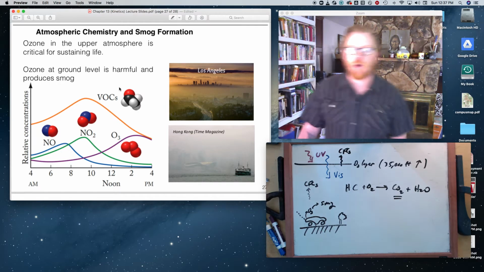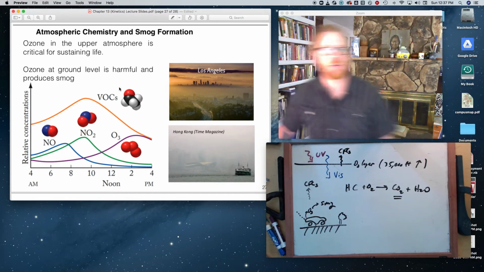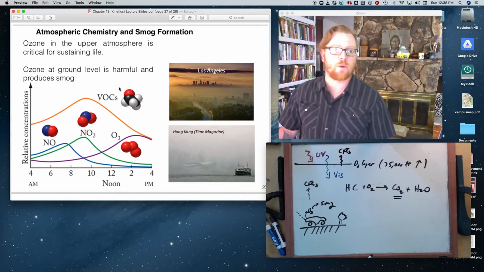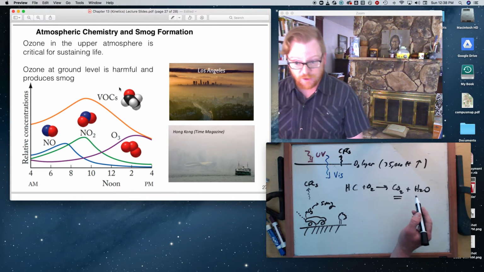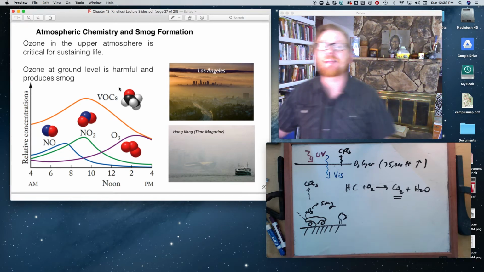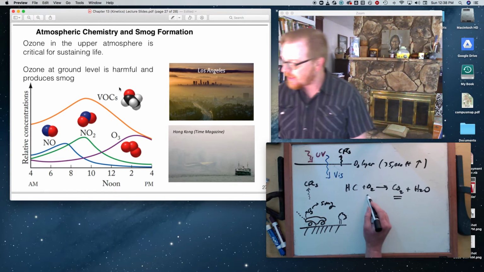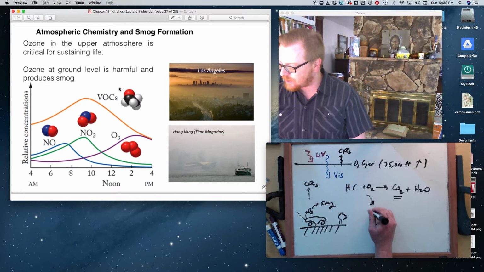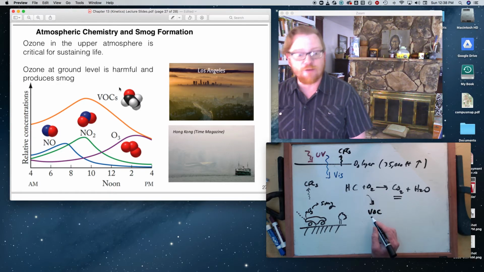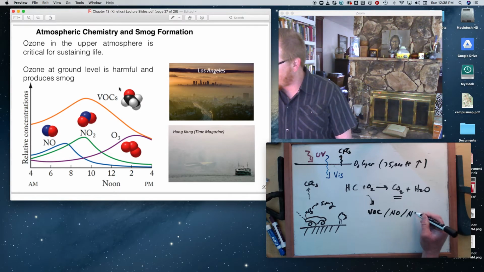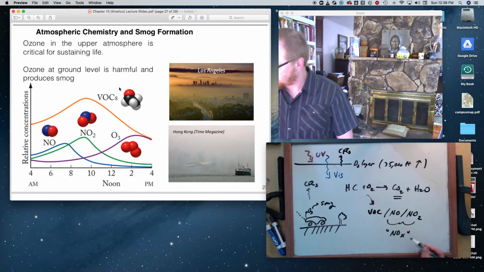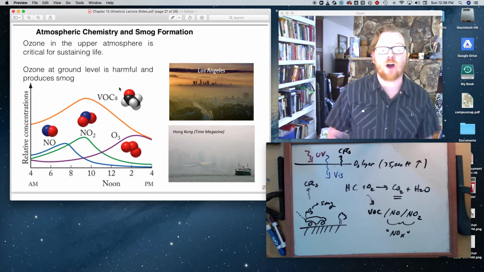And I think you've been told, and we've talked about this ad nauseum, CO2 is a greenhouse gas, right? It's warming up the planet. But what can also happen from this, so this is the total reaction of combustion. In the mechanism of combustion, there are small molecules released called VOC, volatile organic compounds, as well as NO, as well as NO2. These make up what we call NOx, and this is why you actually get your car smog